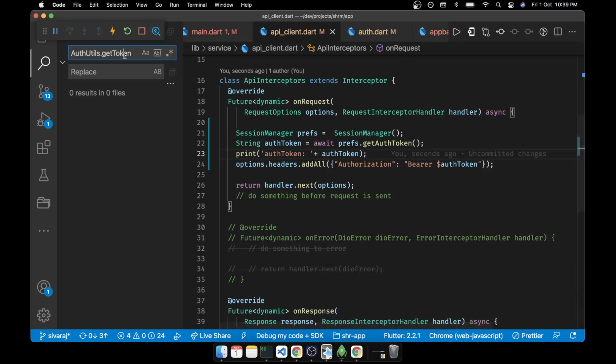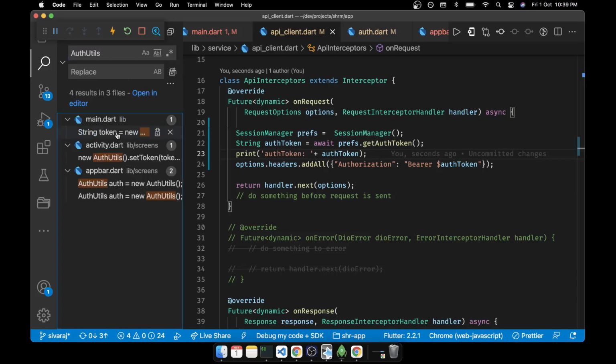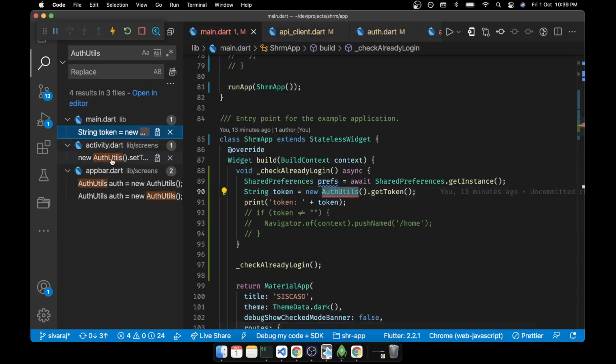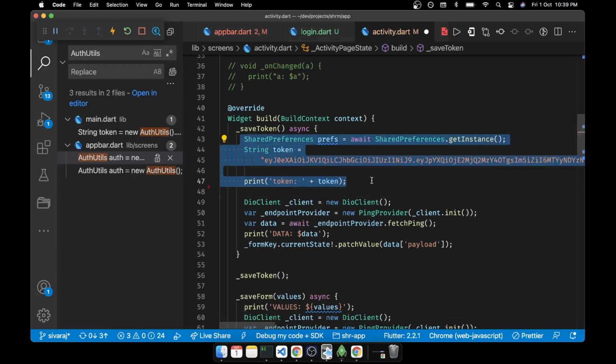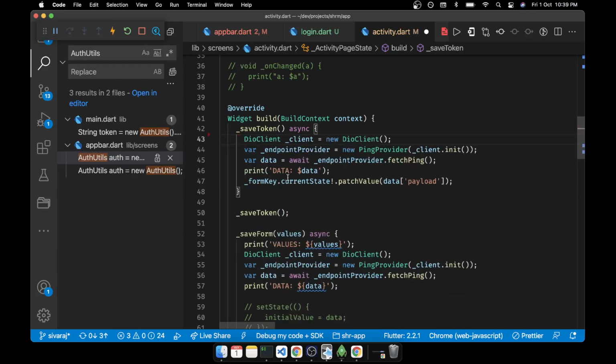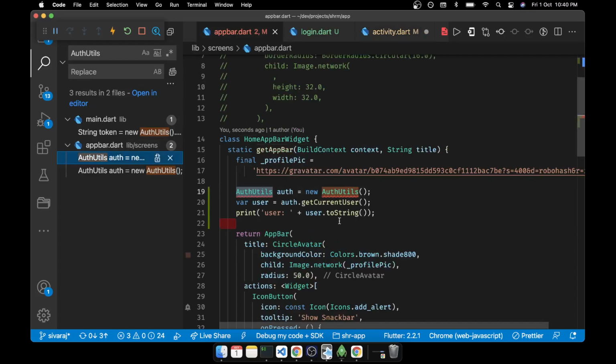So any other place we have AuthUtilities, 3 more places. Okay, activity page, we don't need AuthUtilities now. We don't need this. In the app bar, okay, so this is where we started looking.